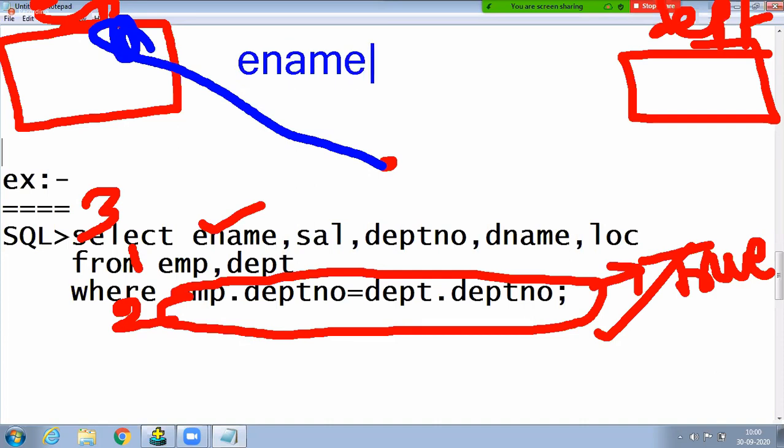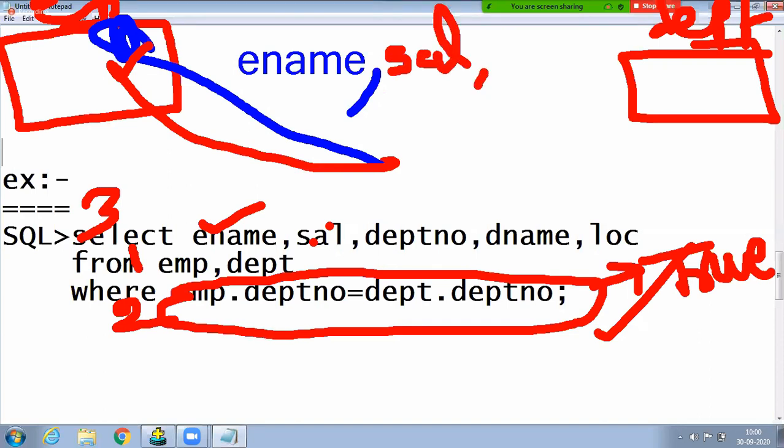Now some of you are guessing correctly. Here, comma, another one. Salary is a column. Is it available in the EMP table or the DEPT table? Very good, the EMP table only. That's why the salary column directly retrieves the data from the EMP table and stores it in a buffer. Okay, fine.